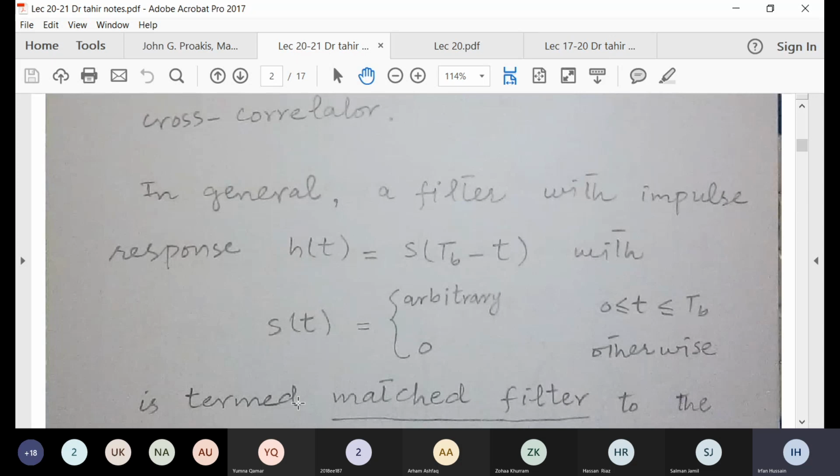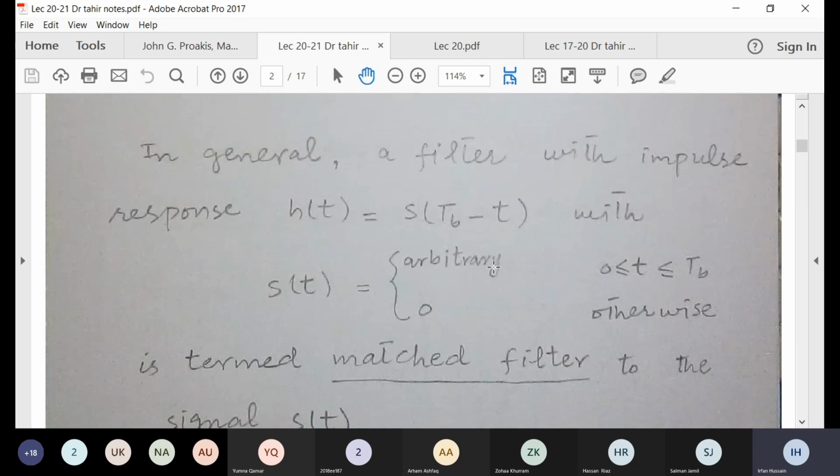So what is a matched filter? In general, a filter with impulse response s of tb minus t. We just saw it was psi of tb minus t. So if your signal is not in terms of psi, it is in terms of s, this will be s of tb minus t. Same thing what has happened to psi of t will happen to s of t if the signal is an arbitrary signal in terms of s of t. And a filter whose impulse response is given as tb minus t, which is the same signal, but actually it is flipped around the t-axis with minus t, and then